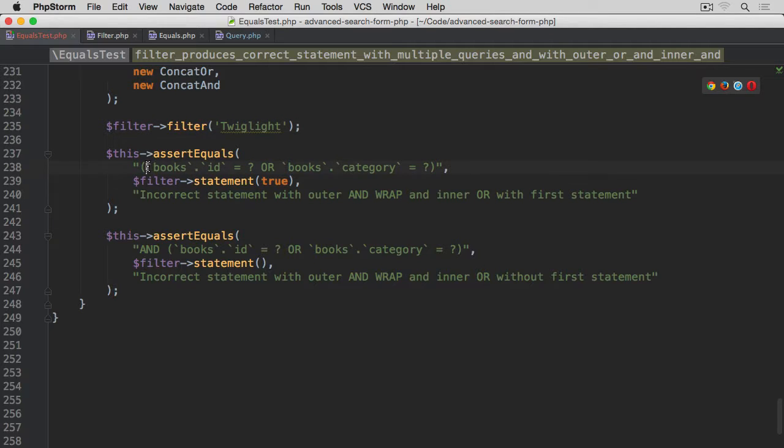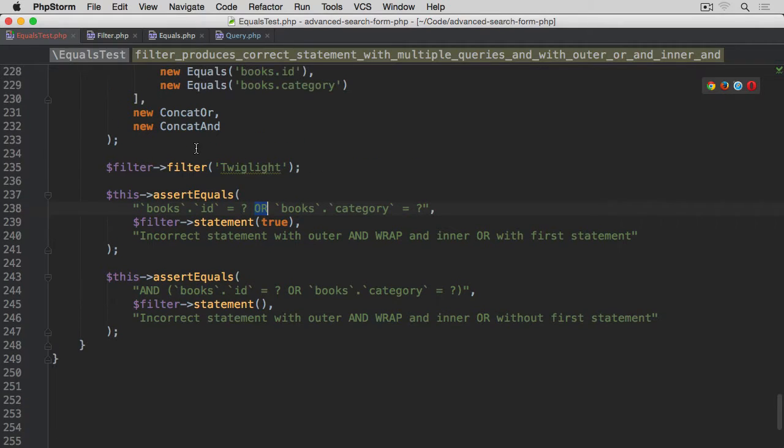This time we're not going to have any brackets surrounding our statement, but rather than or for the inner, we are now using concatenator and. So it's going to be and. That's what we should receive when we call statement with true, indicating that this is the first item in the where clause. Okay, so incorrect statement with alter or this time with alter or and inner and with first statement,